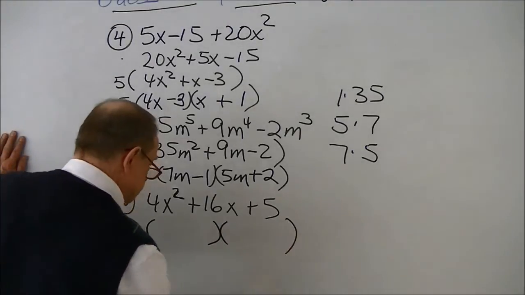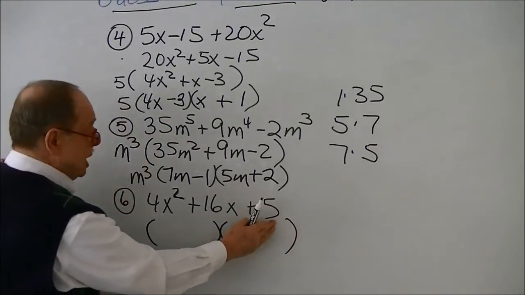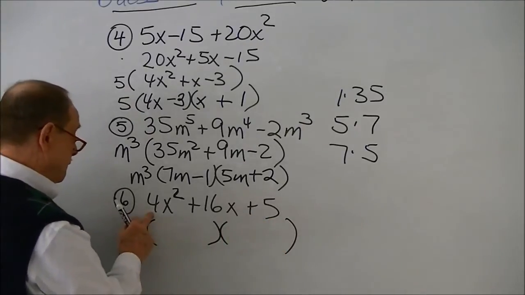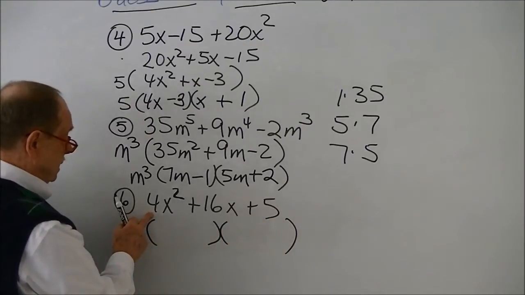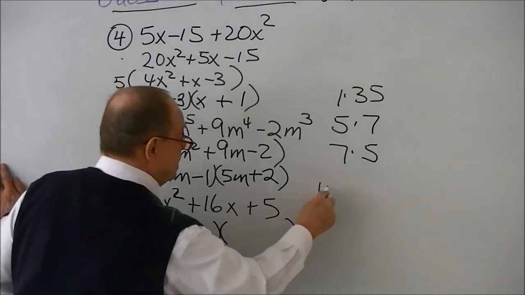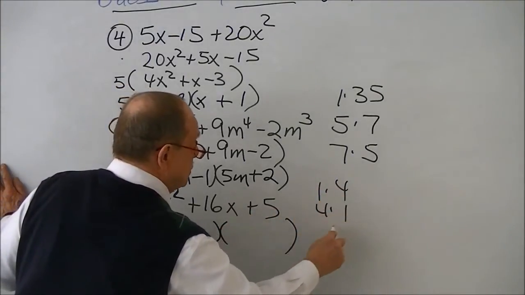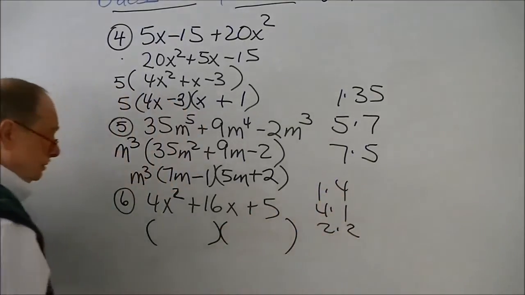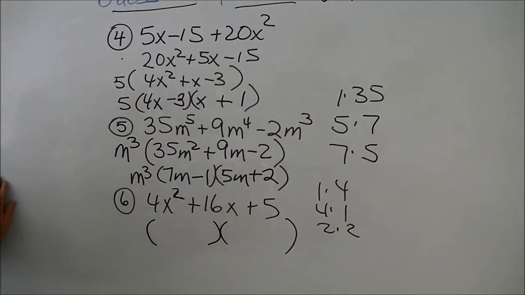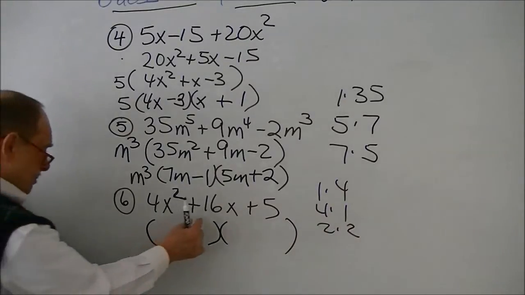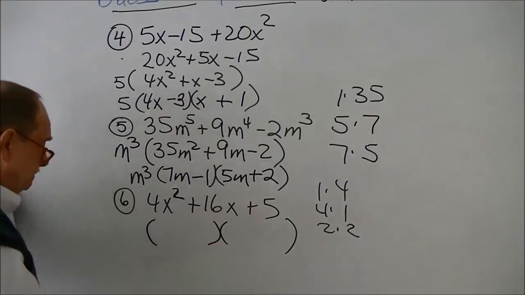Guess and check. 5 is prime, so that's good. 4, though, on the other hand, it could be 1 times 4, 4 times 1, and then 2 times 2. But since this number is a 16 in the middle,